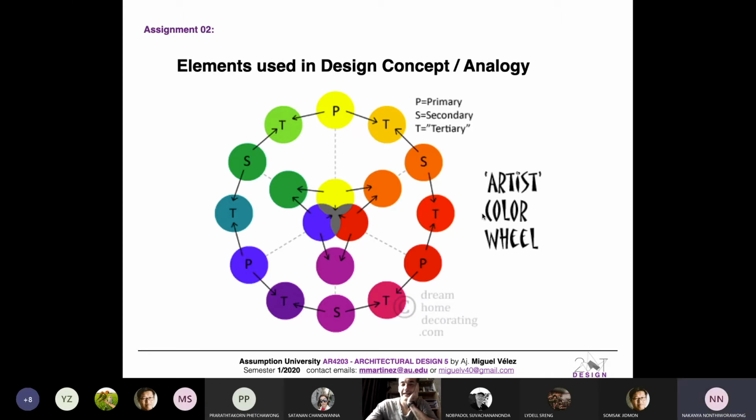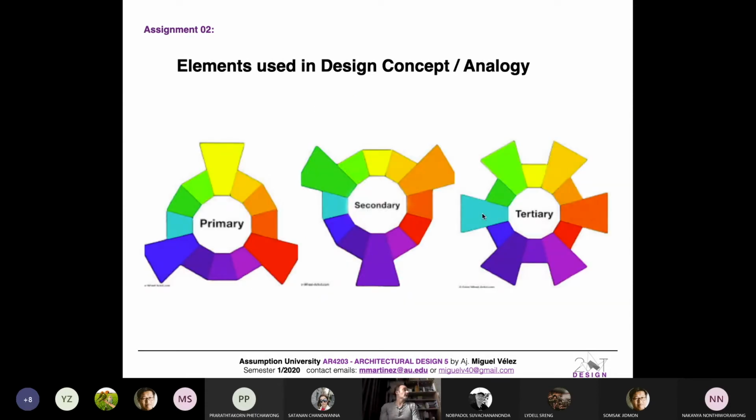Okay, then can you think what is going to be next if we need to apply this thing in terms of architecture, how you can use this well to explain your design concept? Okay, let's say how we can use this thing, no? So at the end, if we go by the primary colors, it's going to be the yellow, the red, and the blue one, right? So if for some circumstances our main strength in our proposal are the secondary, the project is going to look like this, right?